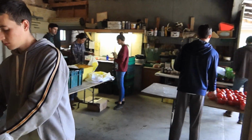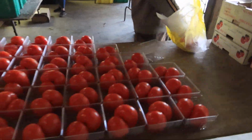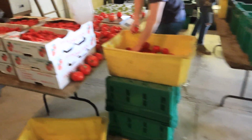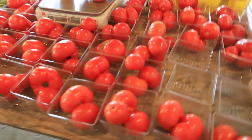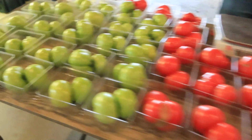We finally have an absolutely gorgeous day. It's going to be in the high 70s today. We are preparing trucks for farmers markets tomorrow. Let's go take a look at the action. All right, we're rolling with all of our orders. We've got our tomatoes by the pound: grape tomatoes, ugly, scratch and dent, cosmetically challenged tomatoes, green tomatoes,